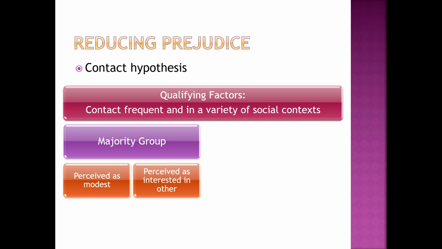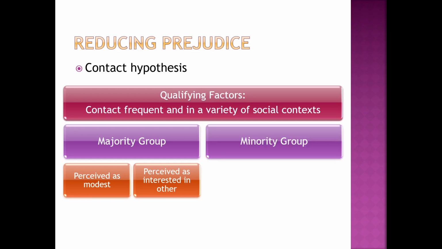The majority group member might think they are being modest and showing interest in the other, but it's in the eye of the receiver. And so you have to be perceived as modest and you have to be perceived as interested in the other. The minority group members have to make sure that their behavior is not reinforcing stereotypes that the majority group may